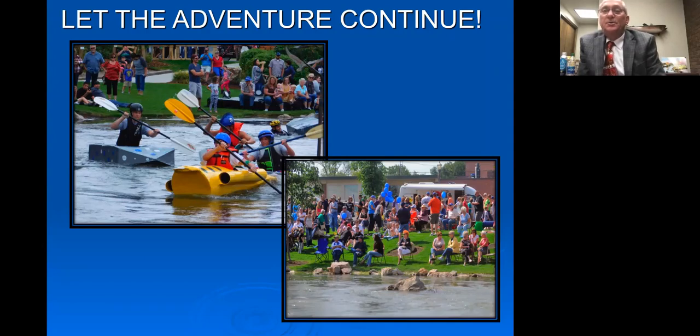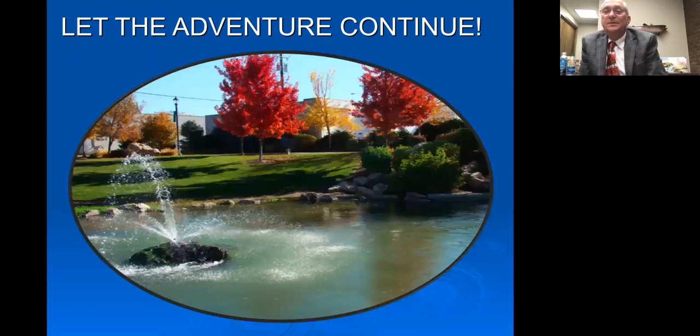And so when things did start to turn around, Caldwell became a destination point. And you can see some of the activities here. This cardboard kayak race is so fun and brings thousands of people to downtown. Go ahead to the next slide. We have natural fountains inside the creek that use the water, and some of the features that we placed, artwork. The walking paths along this creek have now become the place for running events and walking events. And we have the Indian Creek Festival, and we have all these trees and everything along the creek. You see, we made sure that we provided electricity for all of these things because we wanted to create something unique and different. And so if you go to the next slide,